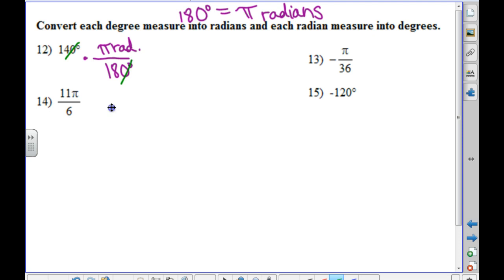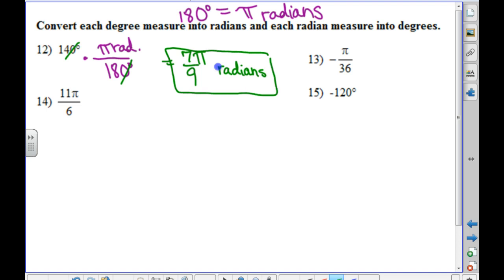The degrees cancel, as does a 0 if we reduce, right? 14 and 18 reduces to 7 and 9, so 7 pi over 9 or 7/9 pi. We generally don't label radians, they just leave them. You can write radians if you want, but you don't need to. There's no true symbol. Sometimes we use a little capital R because we want to make sure students understand that it's radians, but